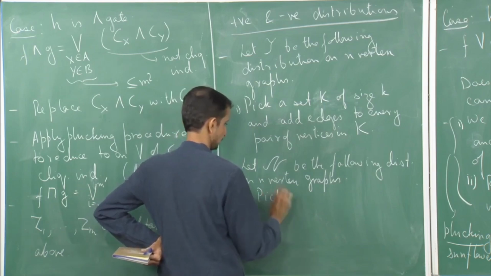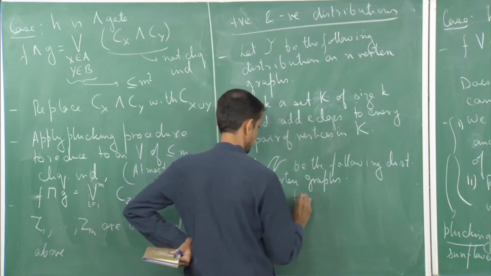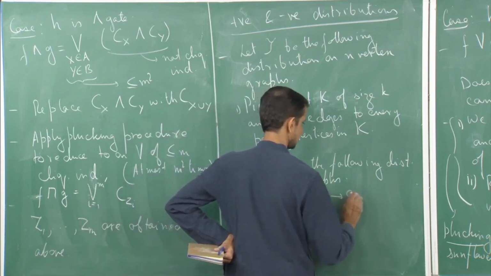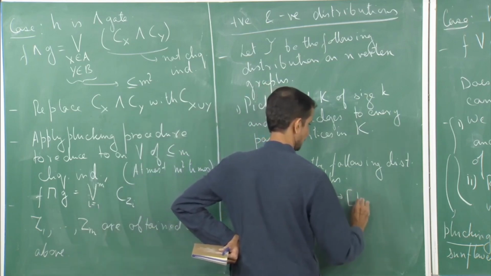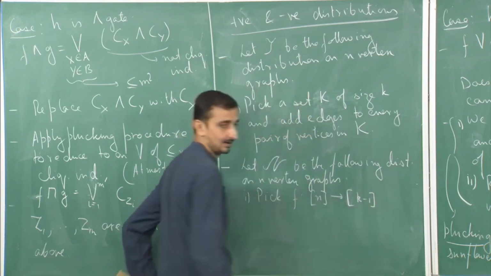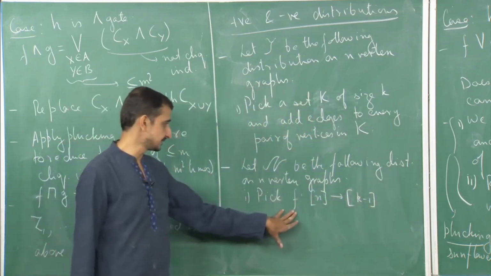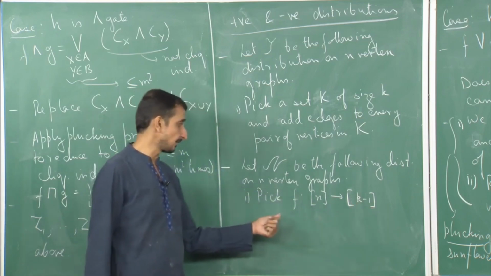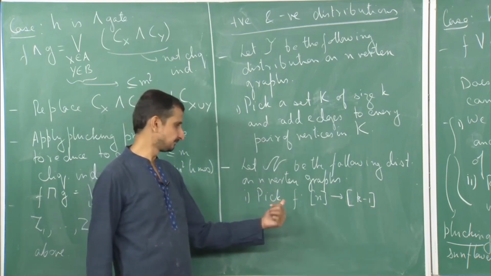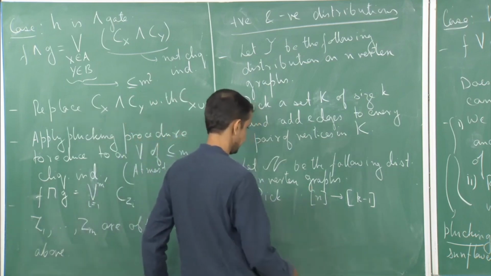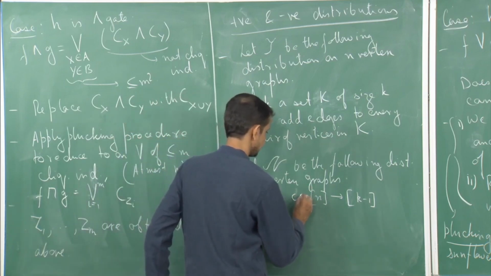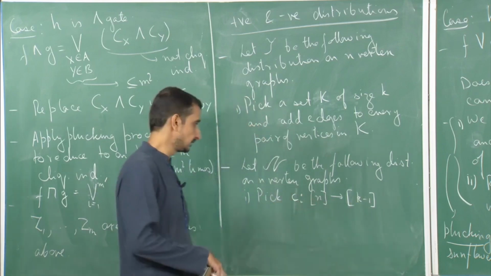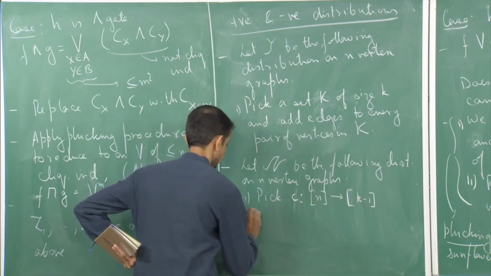So pick a function f which assigns colors to the vertices in the range 1 up to k minus 1. Okay. So this is a random function that you are picking, so think of this as a coloring function. Let me call it C, it is kind of easy to remember then. So C is a function which is assigning k minus 1 colors to the vertices in N, and now